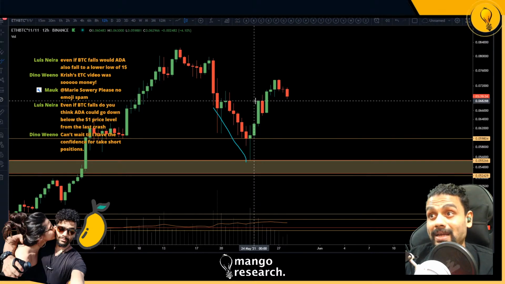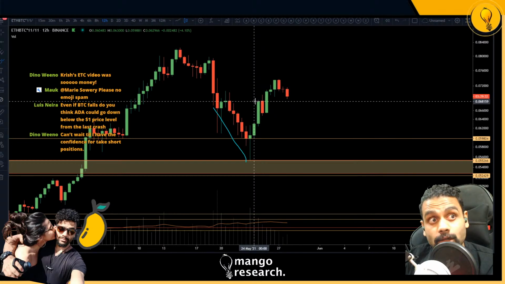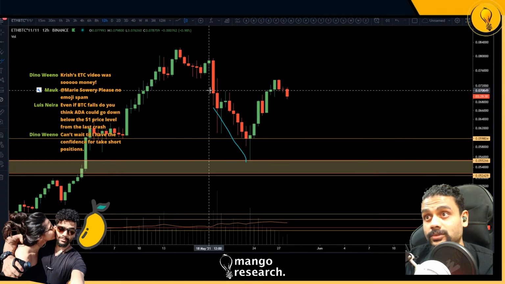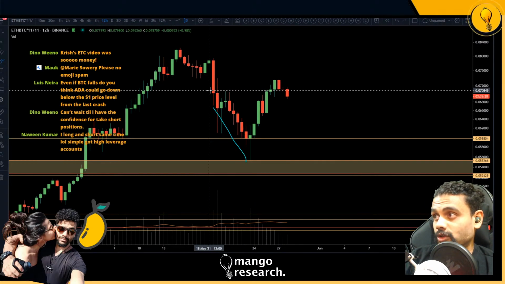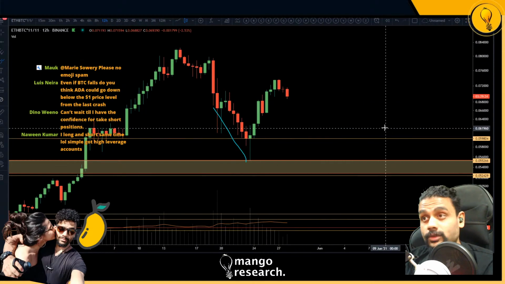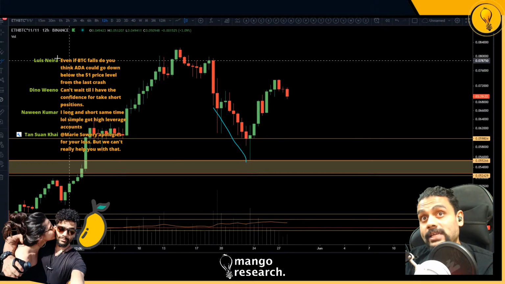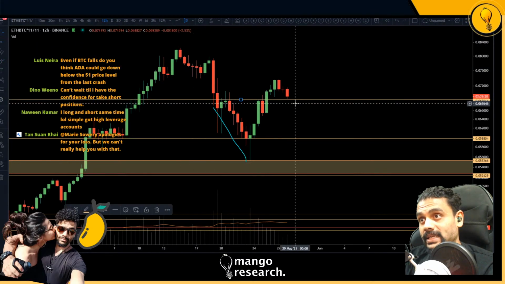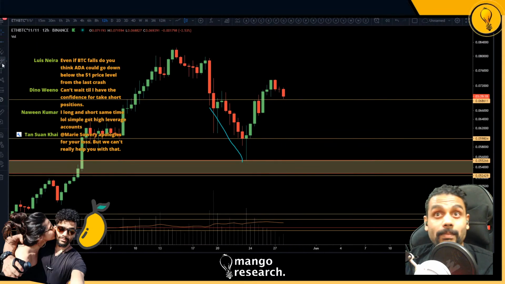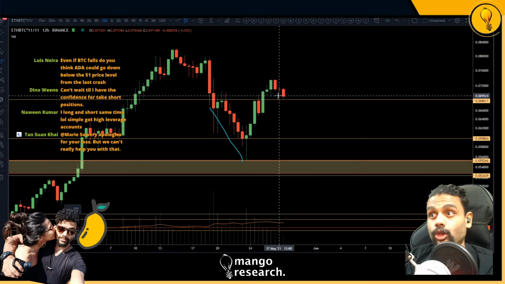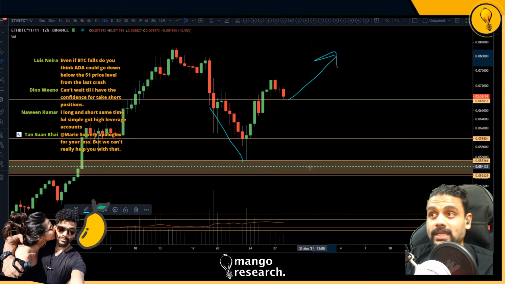But what do we do? We put in a higher candle close on the 12-hour time frame, and we took out these wicks too, at around 0.070849. So I just took the loss, closed out the trade, and now I'll only be interested again in shorting BTC underneath this level. Other than that though, Mark, this is a long towards the upside.